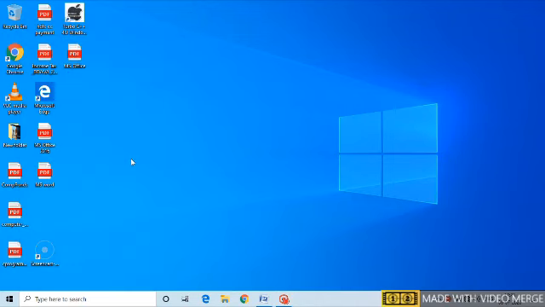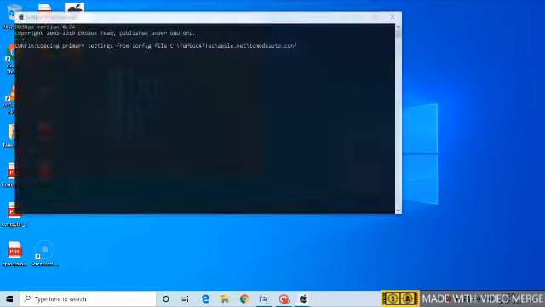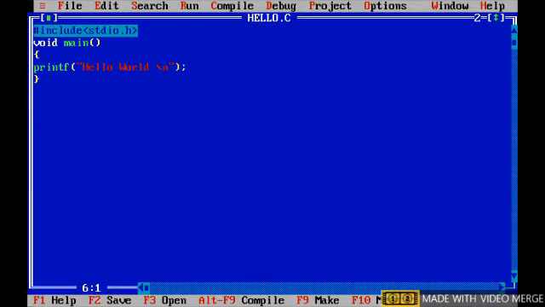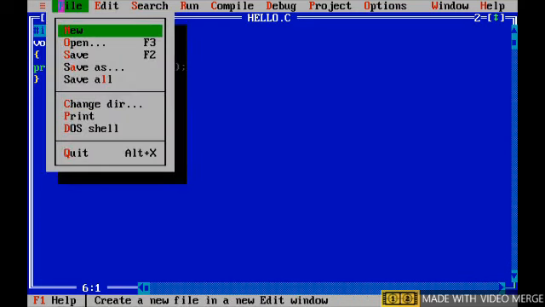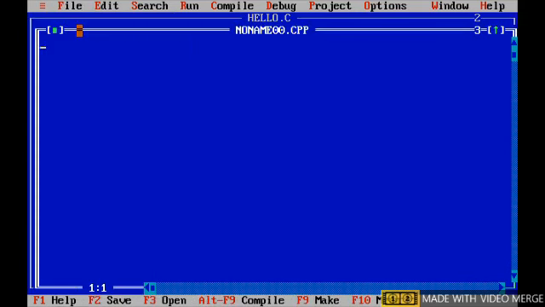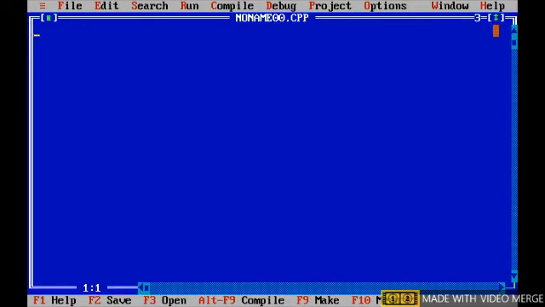To run a C program, open the Turbo C++ we have just installed by double clicking on the shortcut on the desktop. Click on the file menu, choose the new option. It opens a new file in the editor.